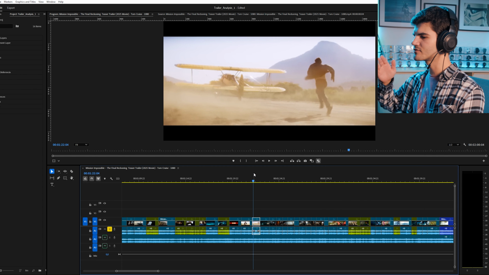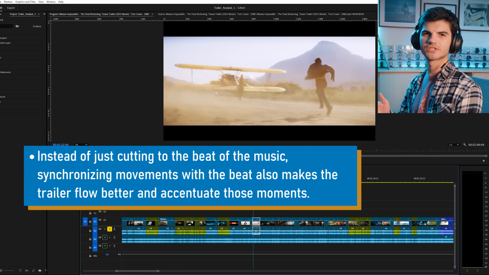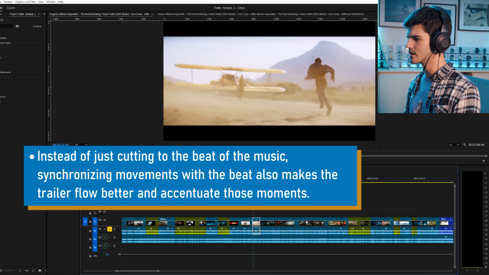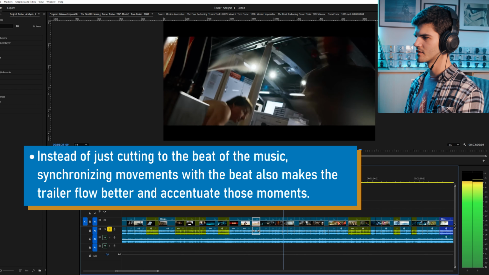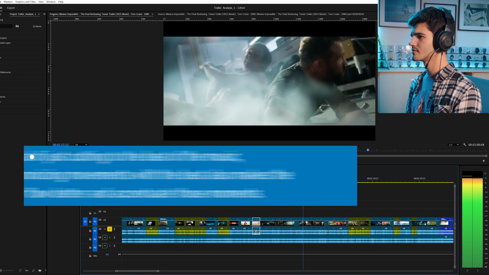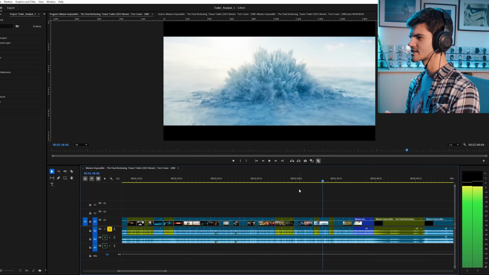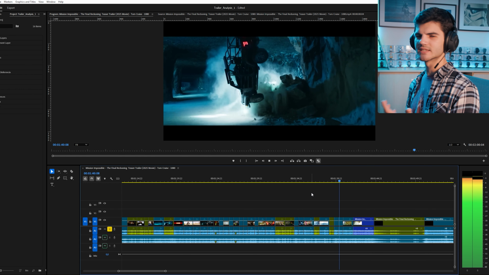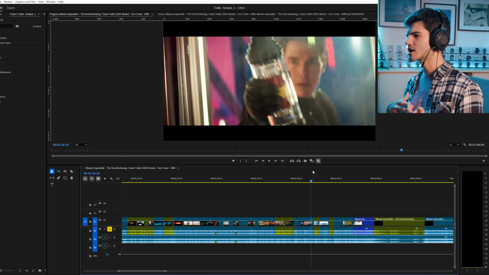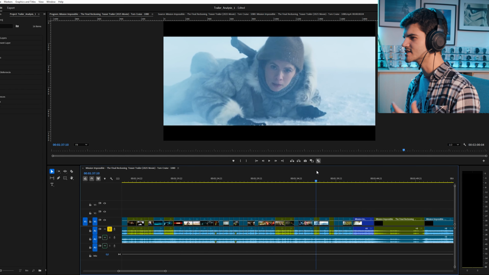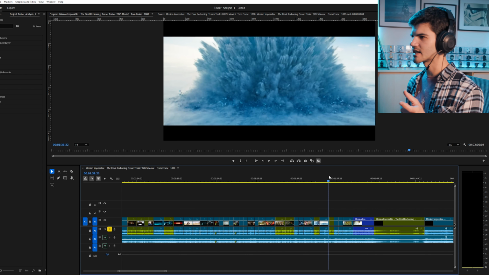You don't just have to synchronize the cuts with the beats. You can synchronize an action beat with the beat of the music. Like the example of this kick here. And then when Luther starts speaking and the song is reaching its climax, we get the biggest action moments. And it's not just action, it's not just a resolution, we need to see characters. So we have these micro stories, as I like to call it.